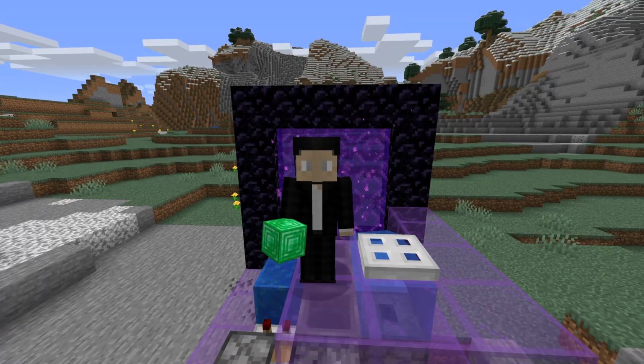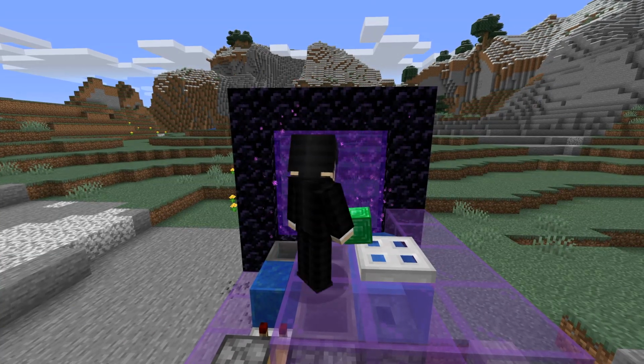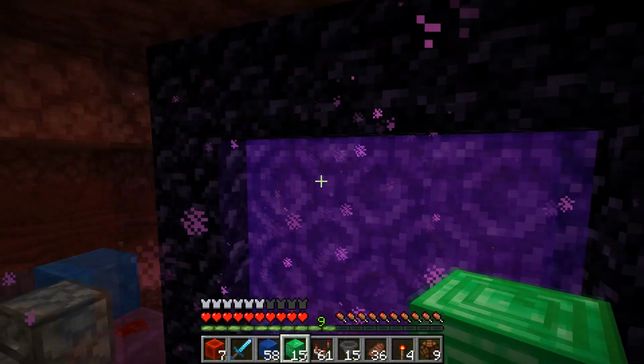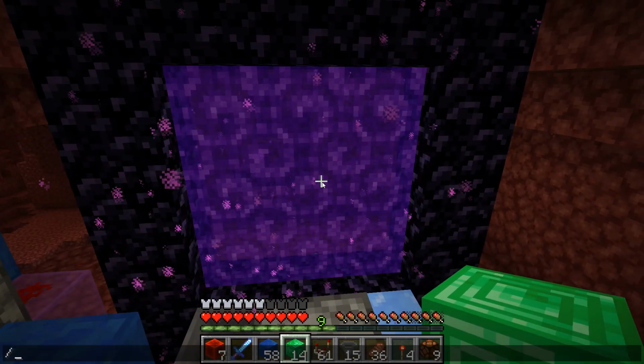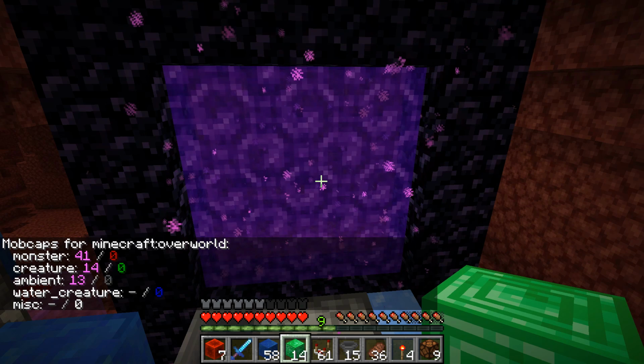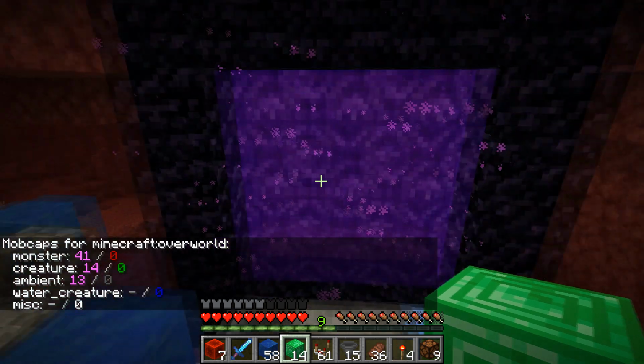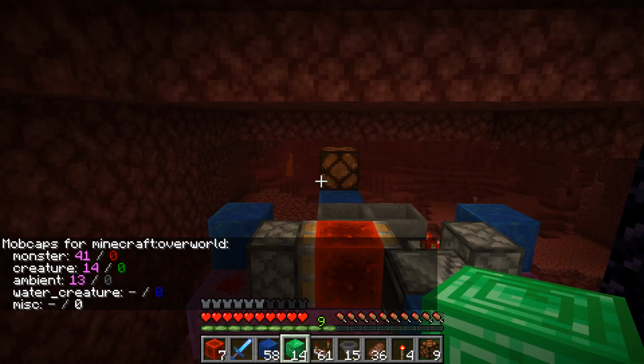I almost overlooked something very important, and that's the hostile mobs in the area. So if we go through to the Nether, and then load up the overworld and check the mob cap, we can see that there's currently 41 mobs loaded in the overworld. So if we keep this area loaded and then we go off and use one of our hostile mob farms,